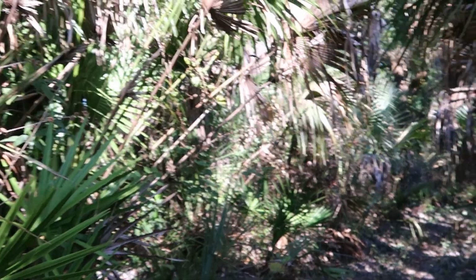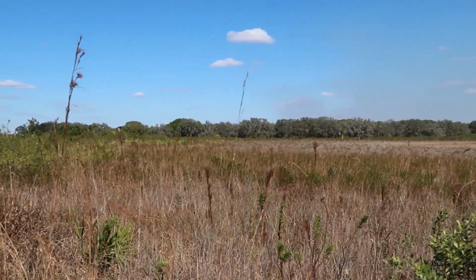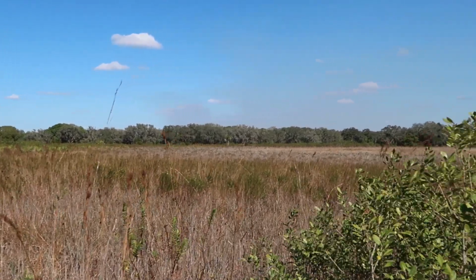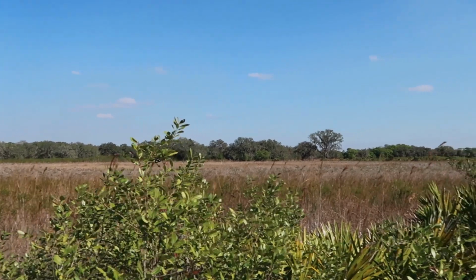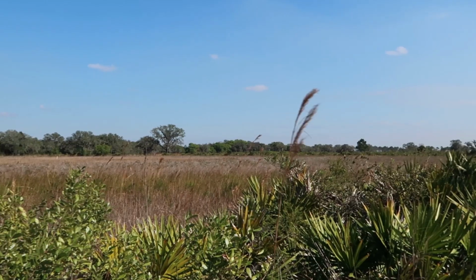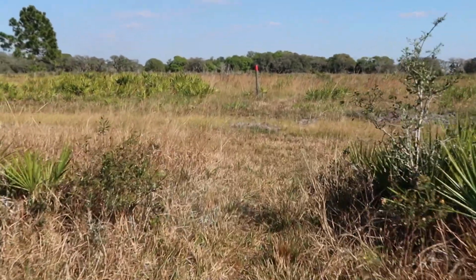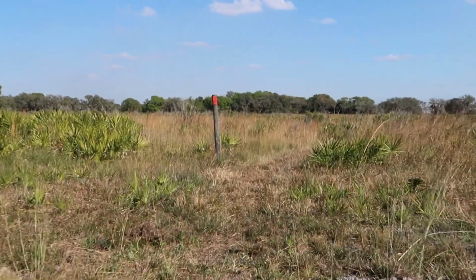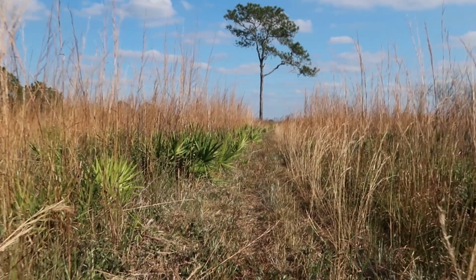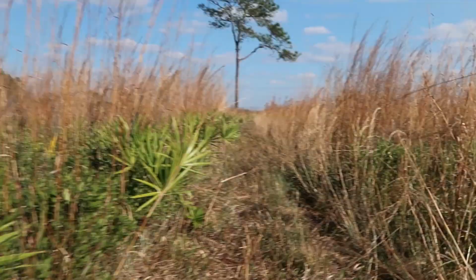That's the trail ahead. 5 more miles. To Oak Grove campsite, probably about a 9-mile day. I don't know,